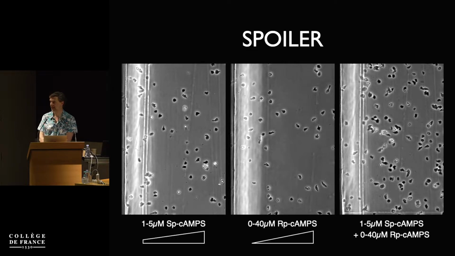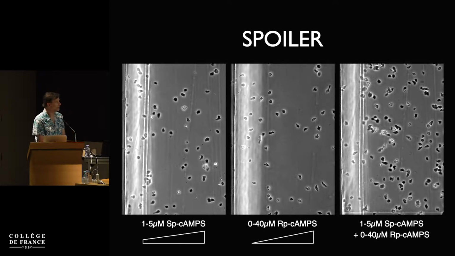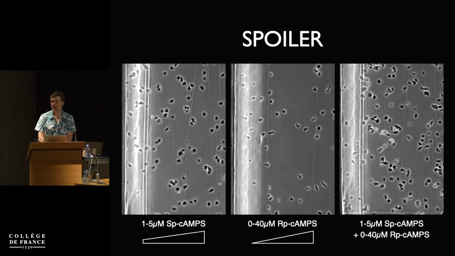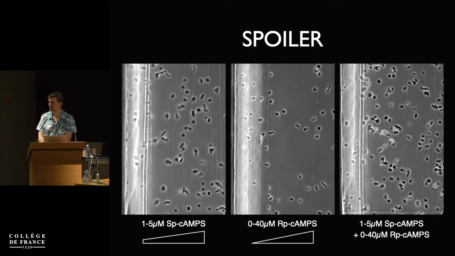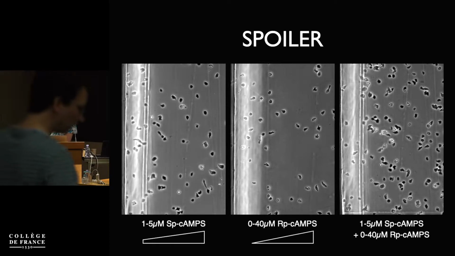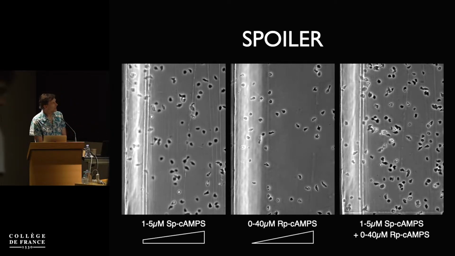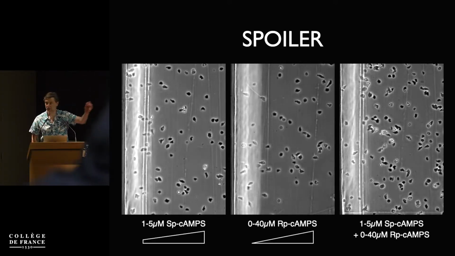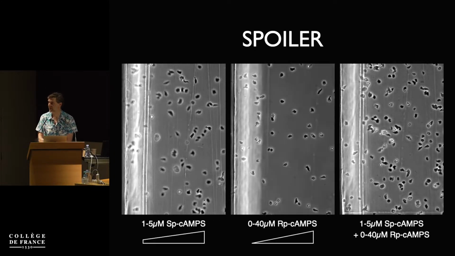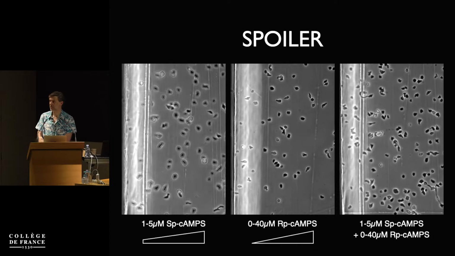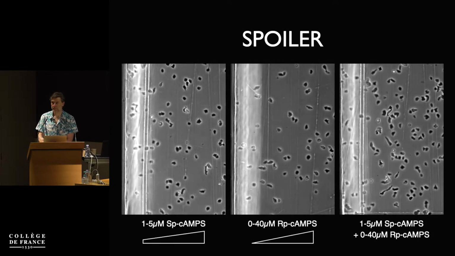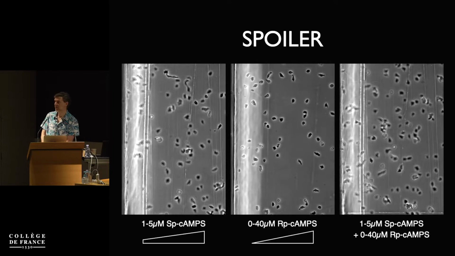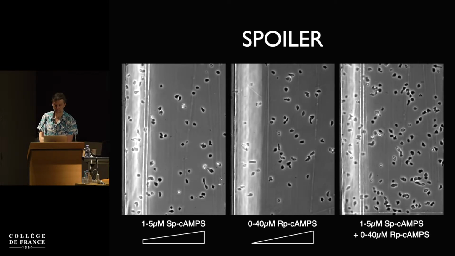I want to show you something that is the result of mathematics and modelling that you probably couldn't possibly understand or predict without. So it's a spoiler. There are some cells chemotaxing up a gradient. They're not very efficient. We make cells chemotax much better up some gradients. There are some cells chemotaxing up a second gradient. And again, you can see they go up the gradient, not perfectly efficiently, but they go. And if you mix those two gradients, they go the other way. So I'm hoping at the end of this talk that you'll be able to understand why.